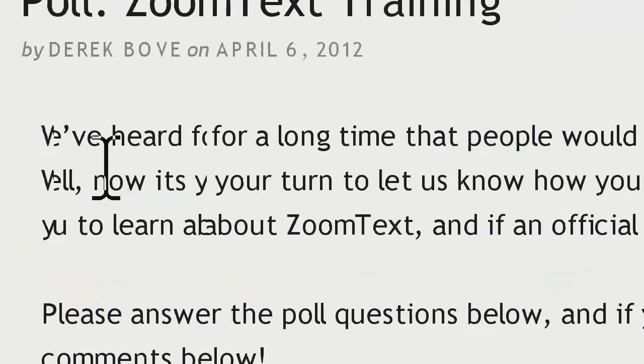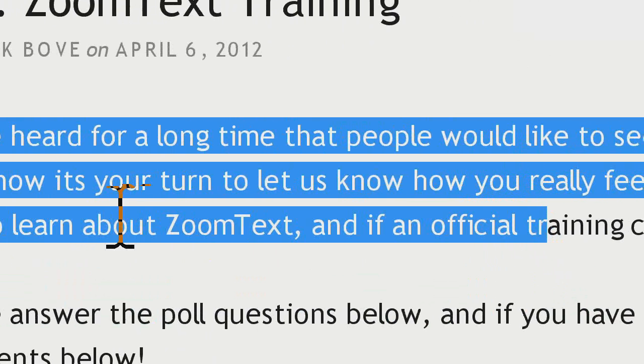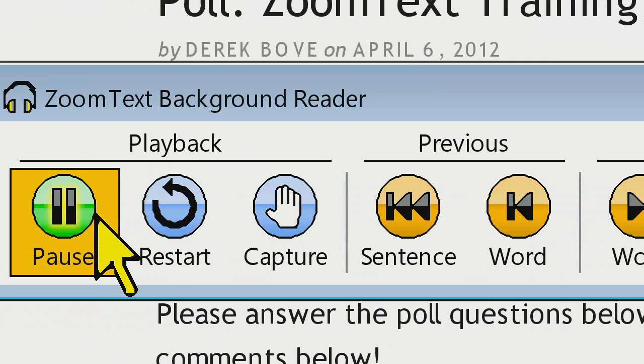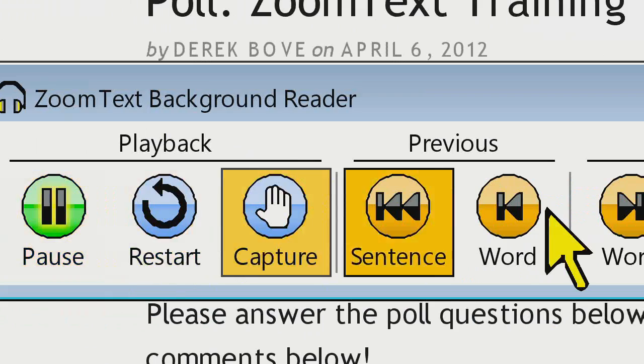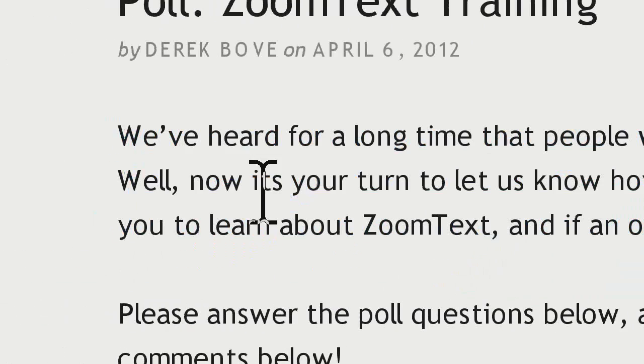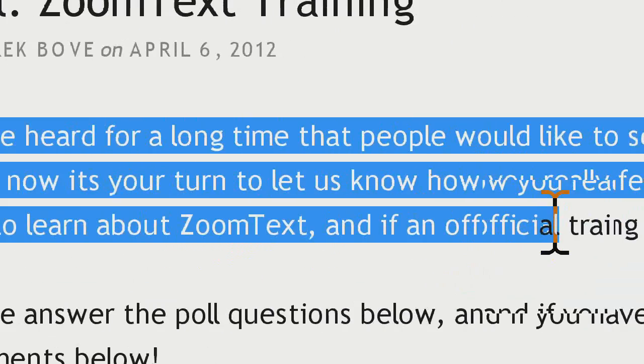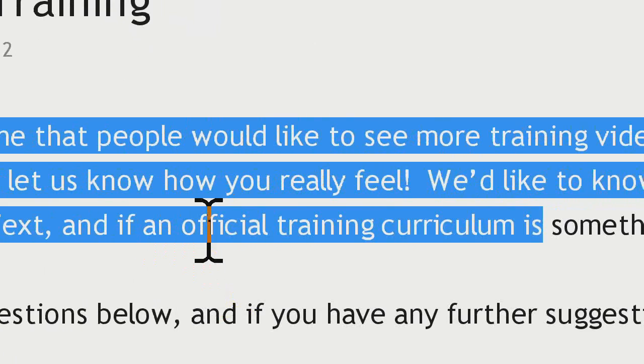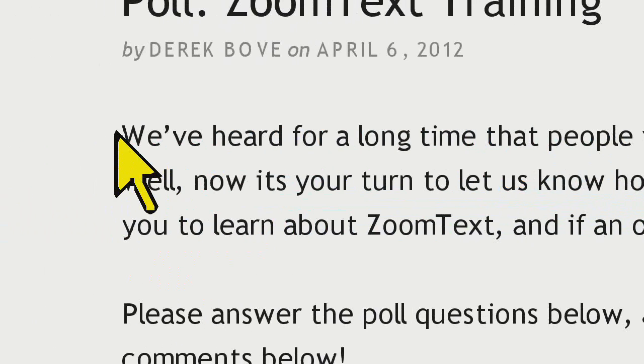Okay, let me show that to you one more time. So I selected my text, and then just hit Caps Lock S. We've heard for a long time that people would like to see more. So I'm eliminating one of the steps. Instead of selecting text, copying, then starting Background Reader, I can start a little bit quicker with that Caps Lock